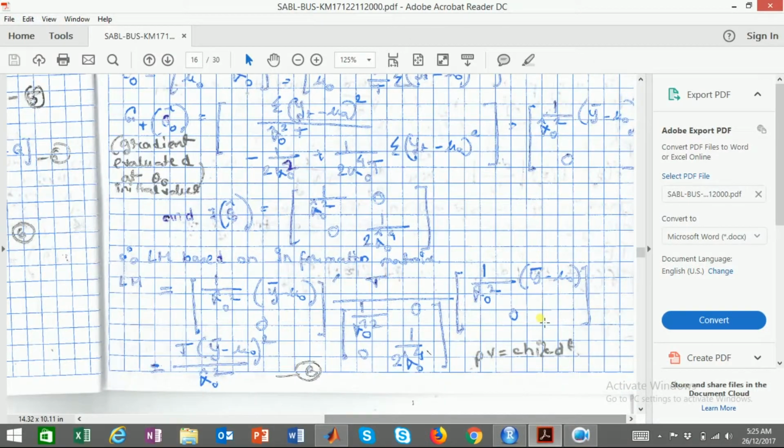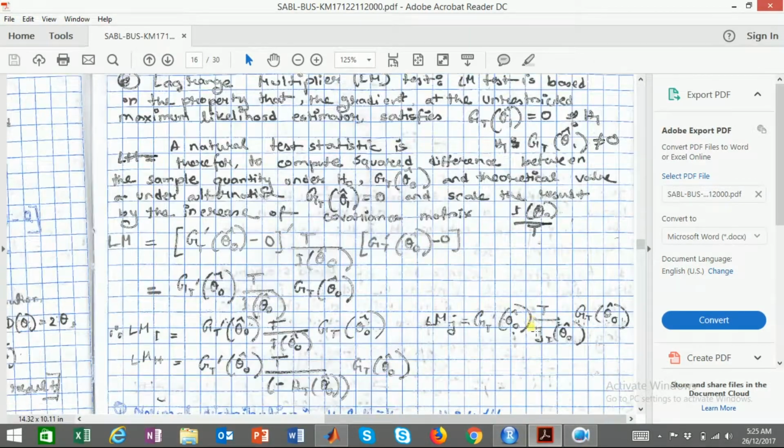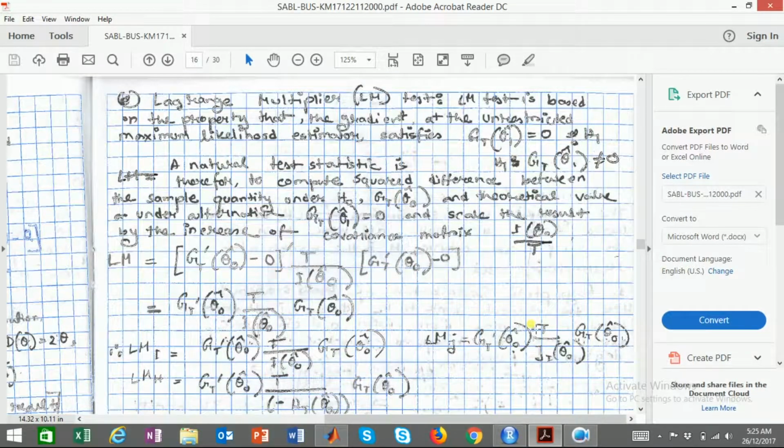And finally the last test, which is the Lagrange multiplier test. The Lagrange LM test is based on the property that the gradient at the unrestricted maximum likelihood estimator, the gradient satisfied for the unrestricted parameter, is 0, and that is the null. Alternative is the gradient is not equal to 0. Generally the gradient is 0, as we know from the previous chapter. And the natural test statistic therefore is to compute the squared difference between the sample quantity under null, the gradient, and the theoretical value under alternative,